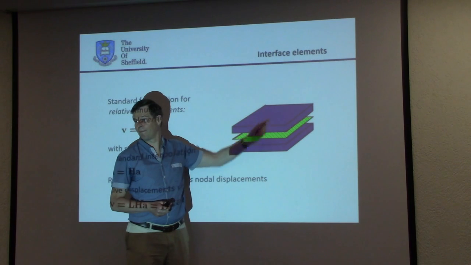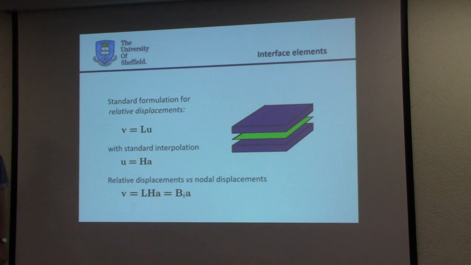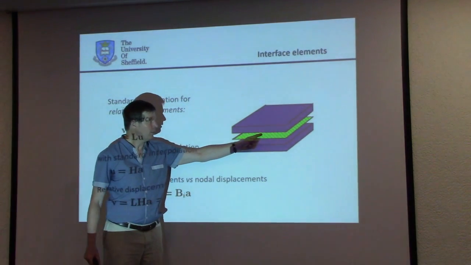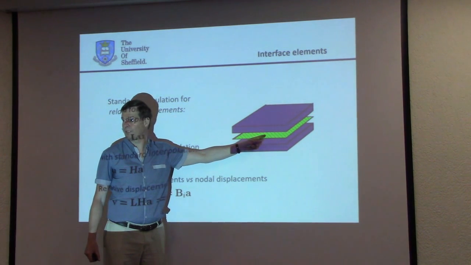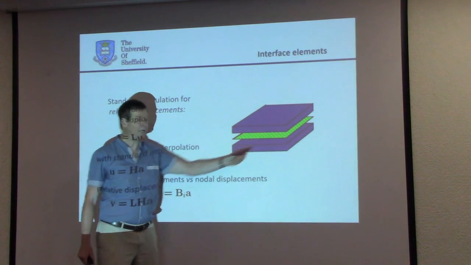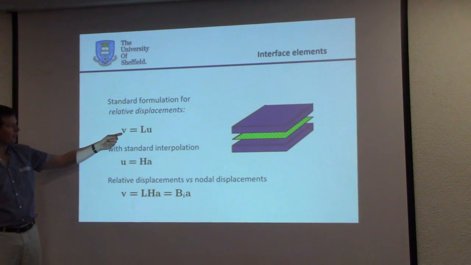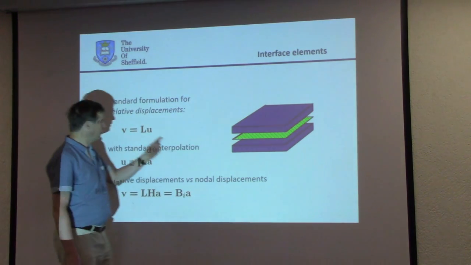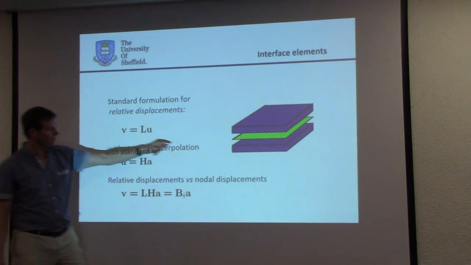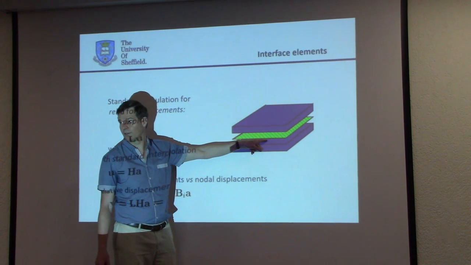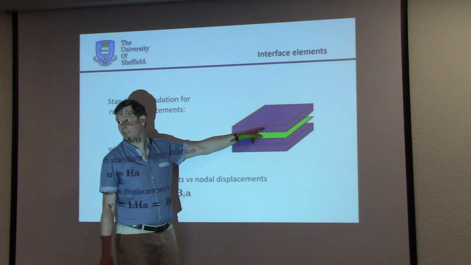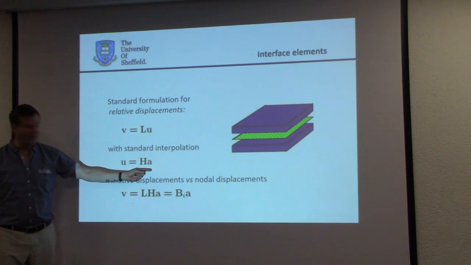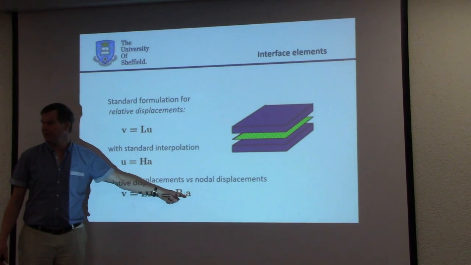Okay. So V is a continuous function, defined all over the element. Yes. I mean, indeed, I pointed here at the nodes, but you can have V at any point in the interface element. Essentially, you're very right. I should have phrased it more properly. V is the relative displacement at any point in the interface, as this operator times the displacement at one part of the continuum here minus the other part of the continuum here. And then the continua you just interpolate in the standard way,